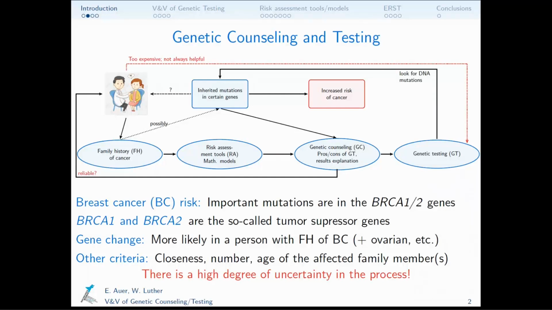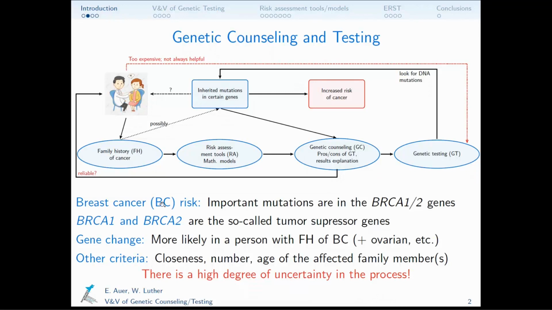After that, the patient might have nothing more to do with genetic counseling and testing. The process might be finished, or the patient is referred for further genetic testing. After the results of tests are there, they need to be discussed again in a new session of genetic counseling. In the focus of this talk are two stages of the process, and we are interested in the question of whether those stages are reliable,